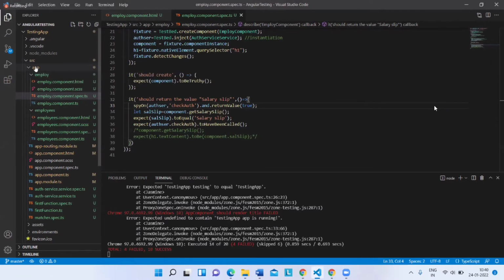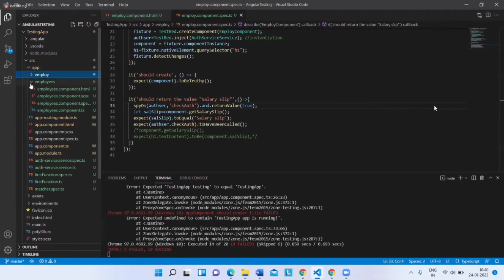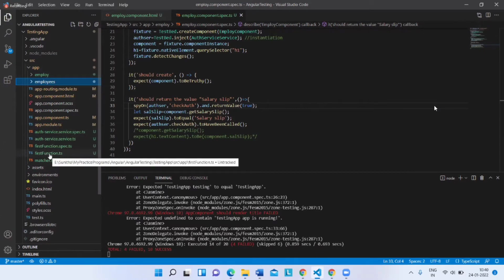This app module has a number of components. Maybe employee is one component, then employees is one component, app is one component, and auth components. Like that, I have defined a number of components.